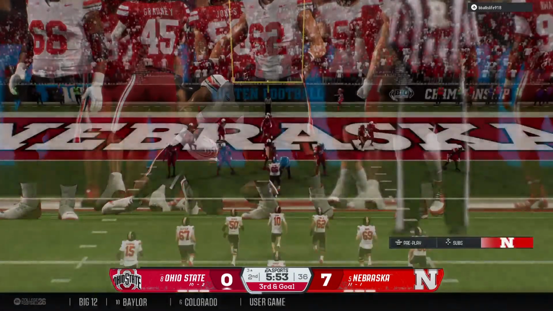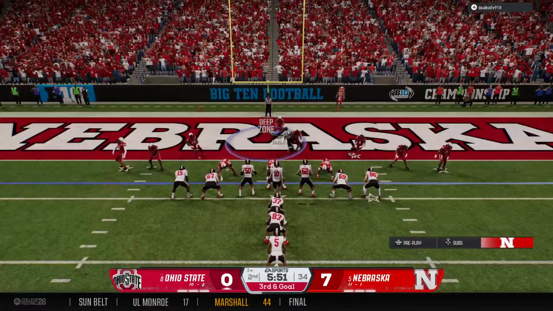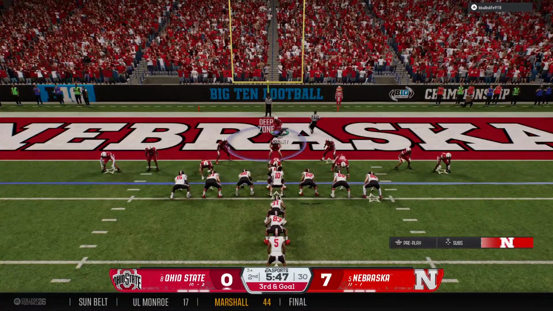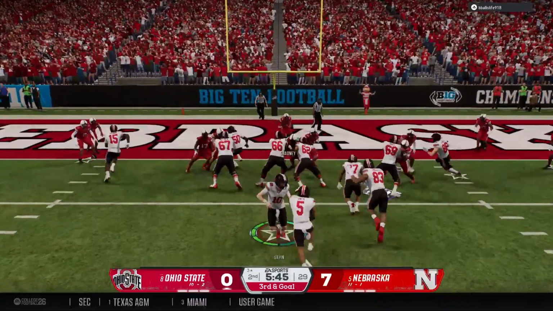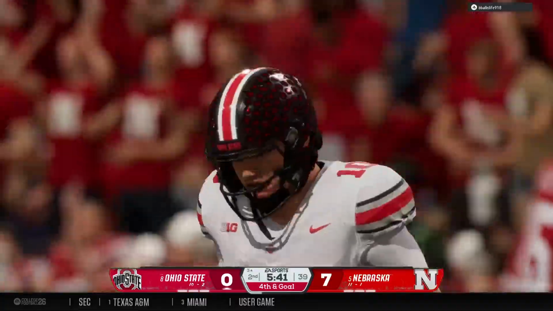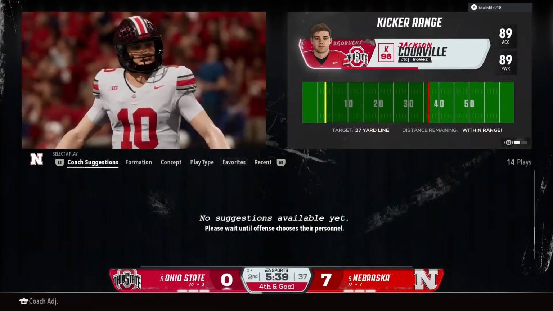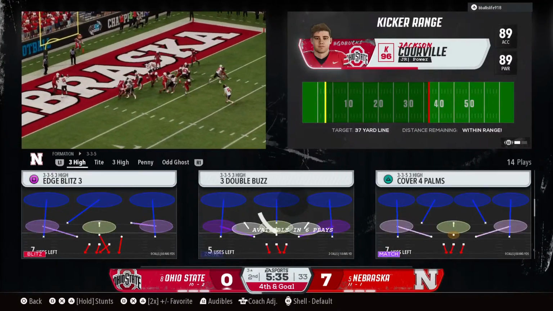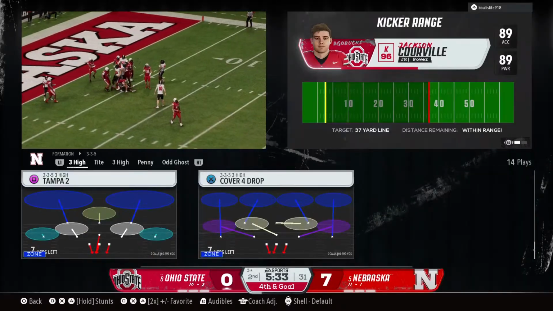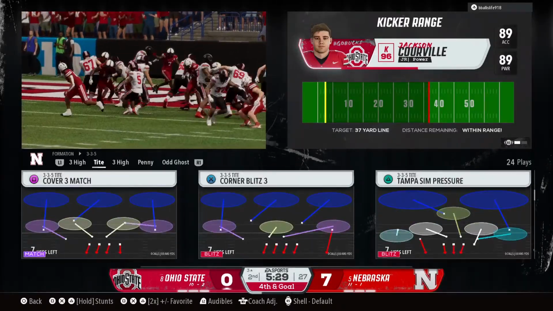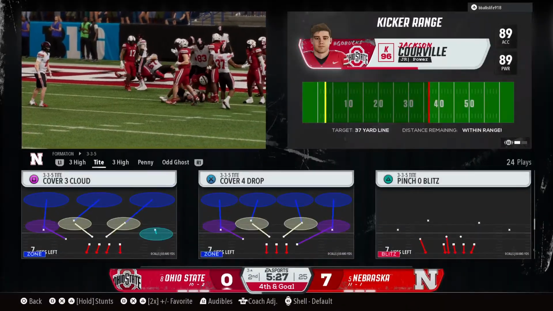What a great play by the defense, getting close to the goal line. Not only do they come up with a big stop, but they send them backwards in the process. Try to muscle toward the end zone on the ground. Zero running room. Stop right at the line of scrimmage. A great stop here by this defense to bring us to 4th down and decision time for the head coach. You go the easy route with a field goal, or this close to the goal line, you take a chance and try to get that touchdown.